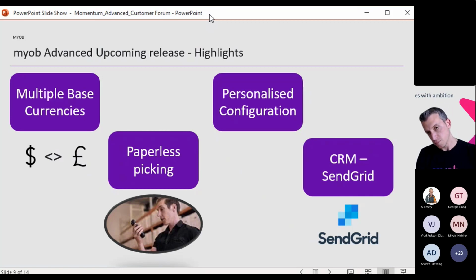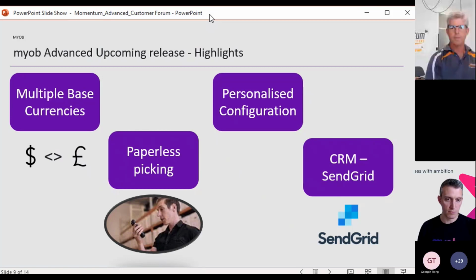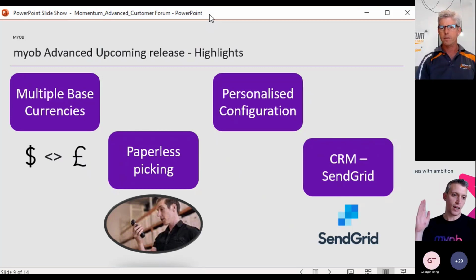The next one, for those who are running big warehouses, this is something that's been asked for a long period of time. Paperless picking is now available, and you can see a demo if you like. For us, this continues to automate, continues to take out those time lags between when the information gets from the warehouse into the office. So this means that when you're running that e-commerce website, you know exactly what inventory is in there because you have paperless picking supporting in the back.